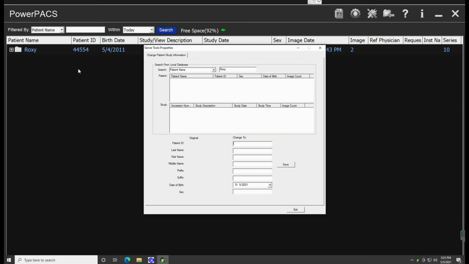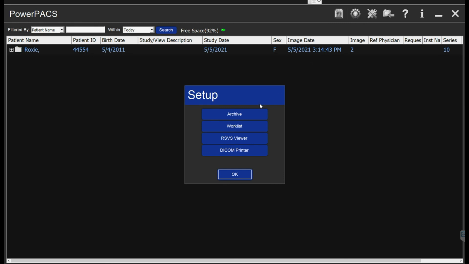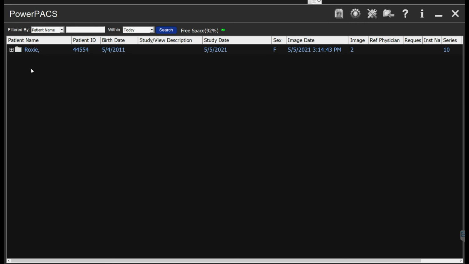Also with a right click I can change patient information. So let's say Roxy wasn't spelled with a Y, it was spelled with an IE. I make that change, I click exit. Now Roxy's in there the way that the owner would want that named. So just some of the nice things we can do with the Clinical Power PACS. There's also some settings for some setup that we'll get into in other videos, but a lot of good functionality,